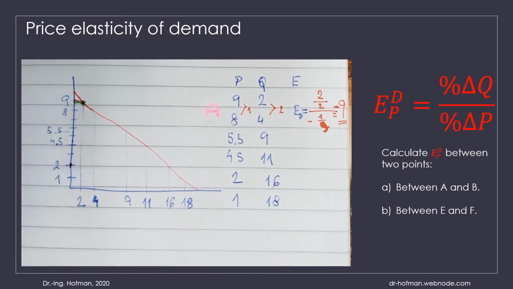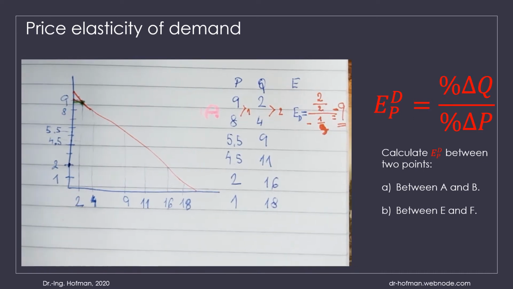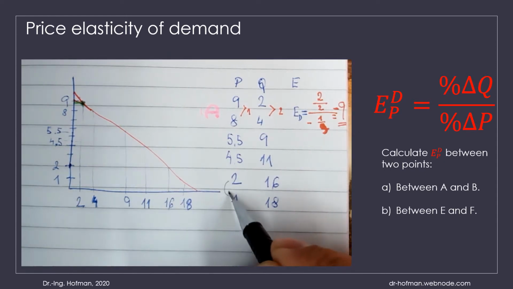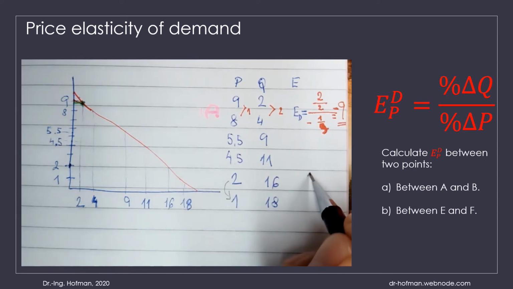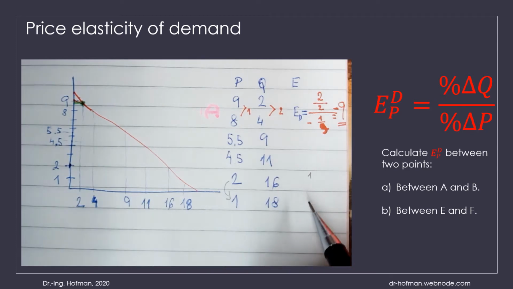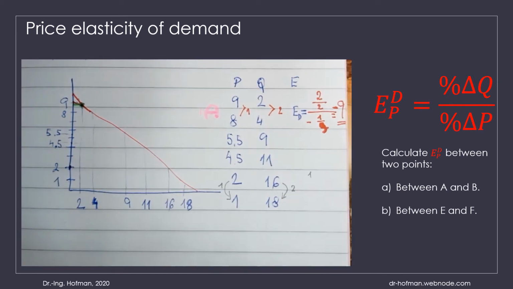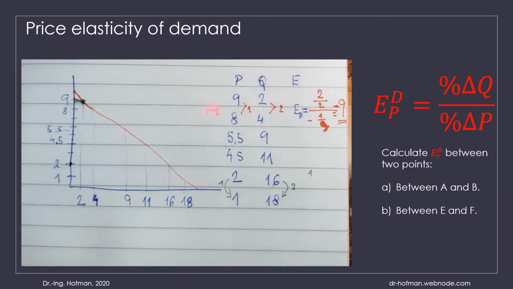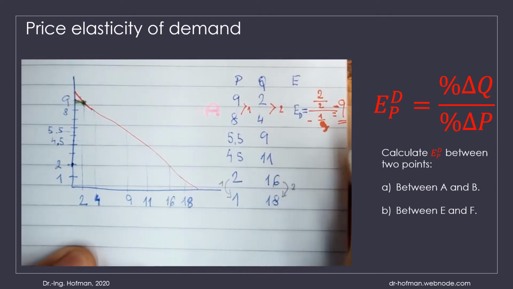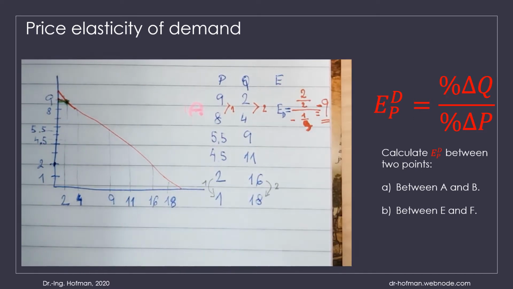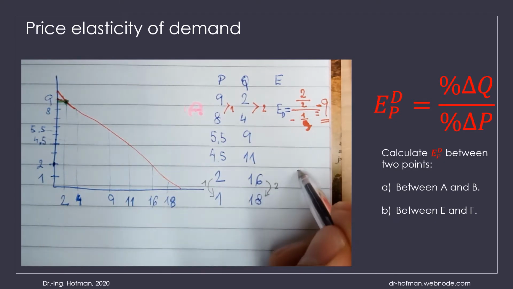Let's go to the other one. So from this one to this one, the change is 1 in price. And what is our percent change in price? Well, our initial price is 2. And the change in quantity is 2. So we have a price change of negative 1. What to calculate is 2/16, the change 2 and original value 16